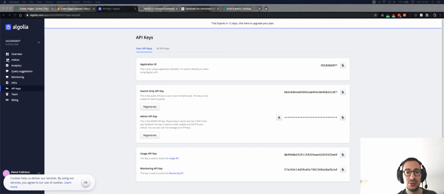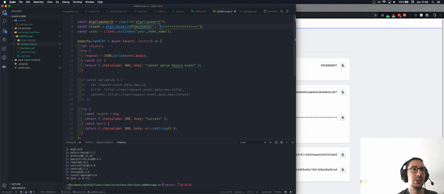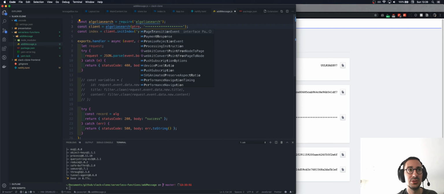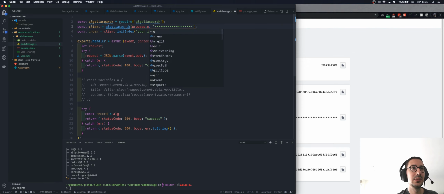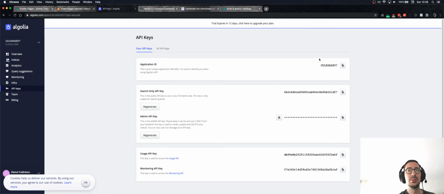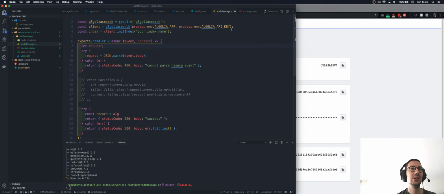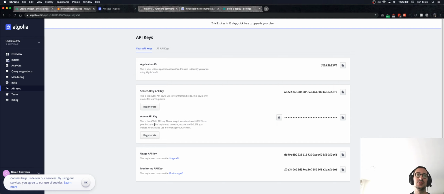I think those are the only two that I need. I will go here. I'll say process.env.algolia app, and the key would be process.env Algolia API key. So the Algolia app is the application ID, and the Algolia API key is the admin API key,